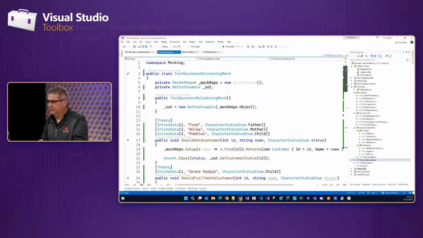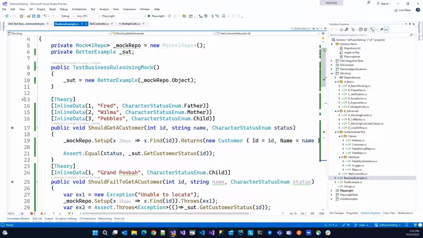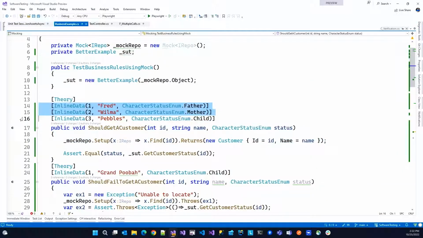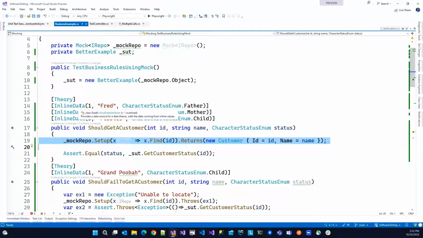Well, let's first test the happy path. And this isn't all of them, but here's my inline data. Fred, I want to return father, Wilma, mother, and Pebbles, child. So I am mocking the repo so that when find is called, it returns the customer with the particular ID, there's the ID, there's the name.